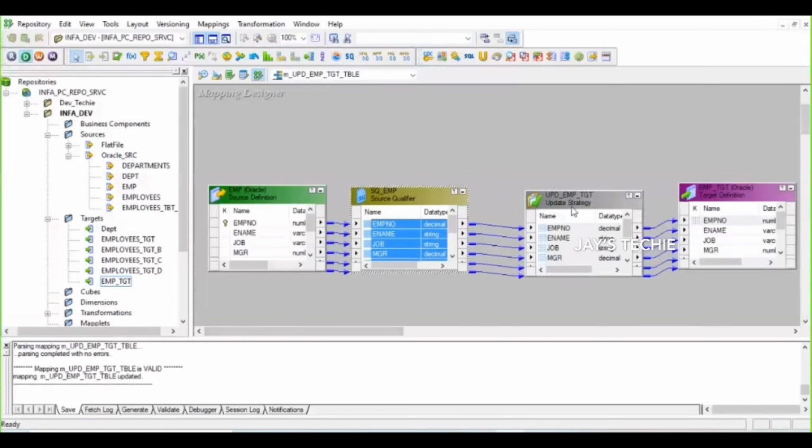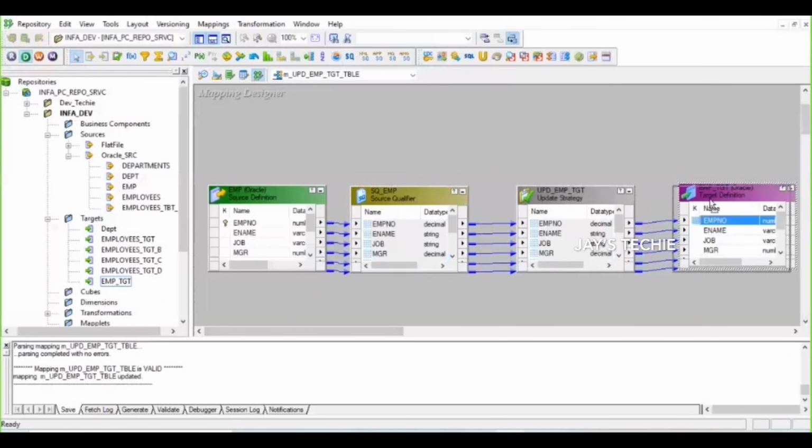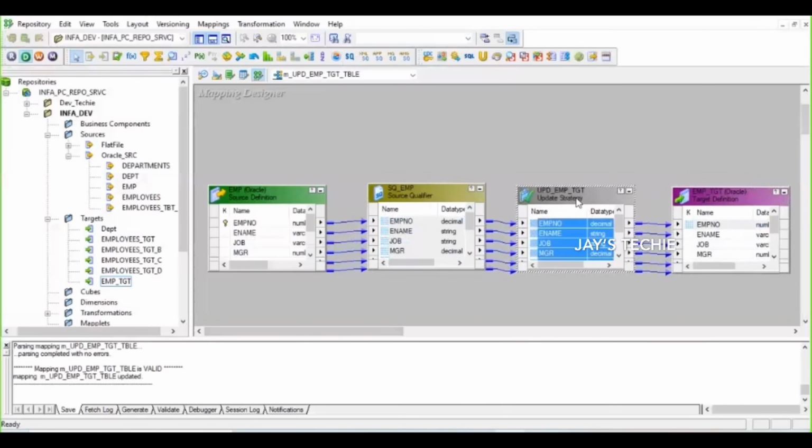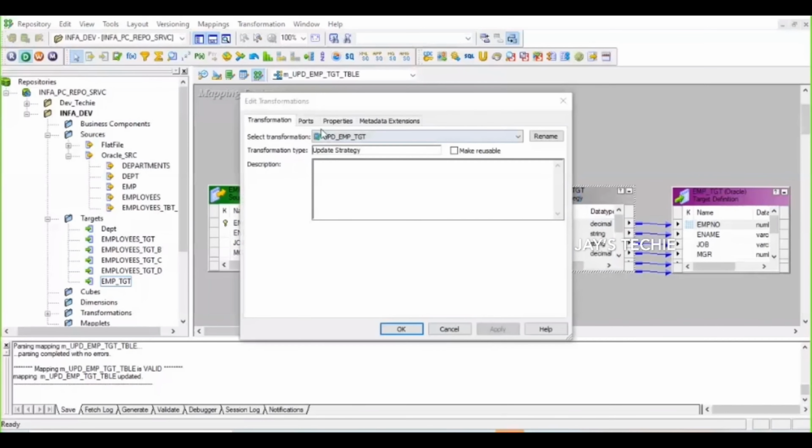Now let me click on employee TGT. Currently I'm going to update it.